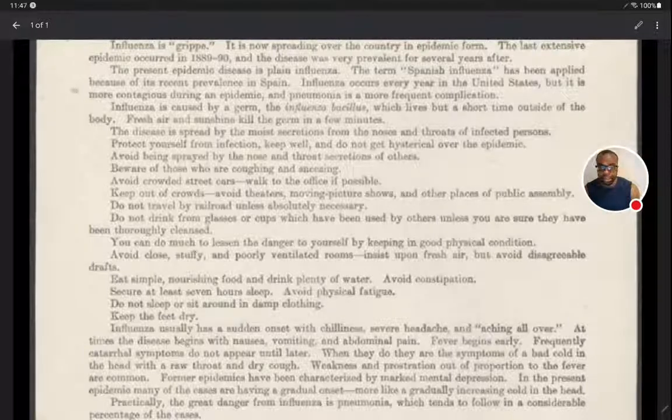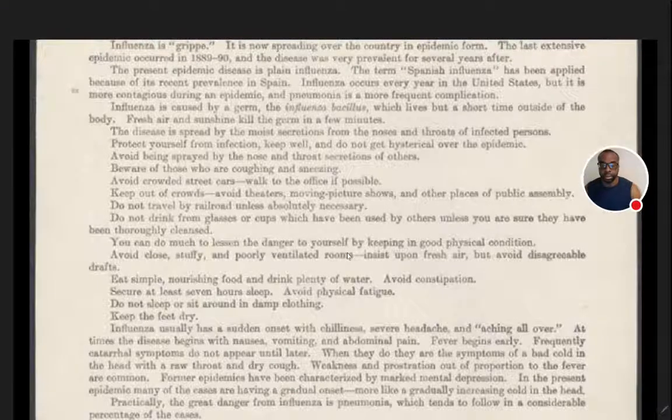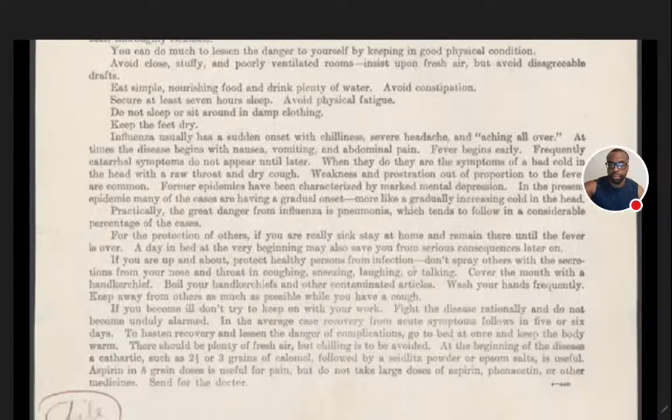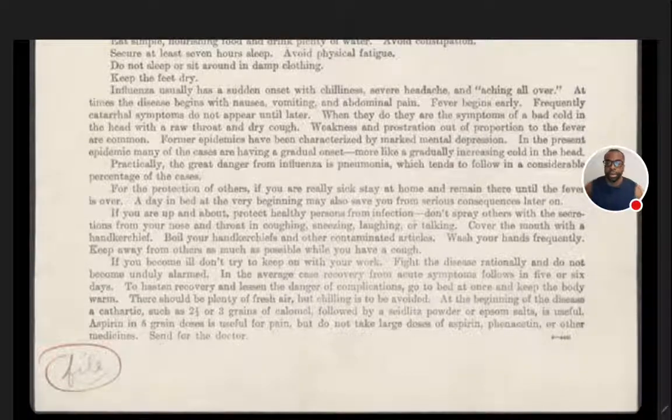In the present epidemic, many of the cases have a gradual onset, more like a gradually increasing cold in the head. Practically, the great danger from influenza is pneumonia, which, just like COVID, tends to follow in a considerable percentage